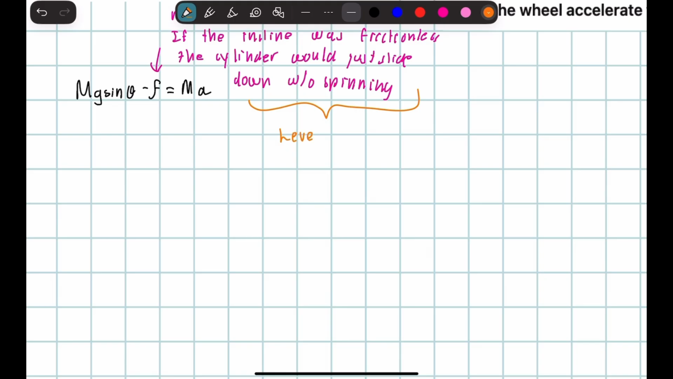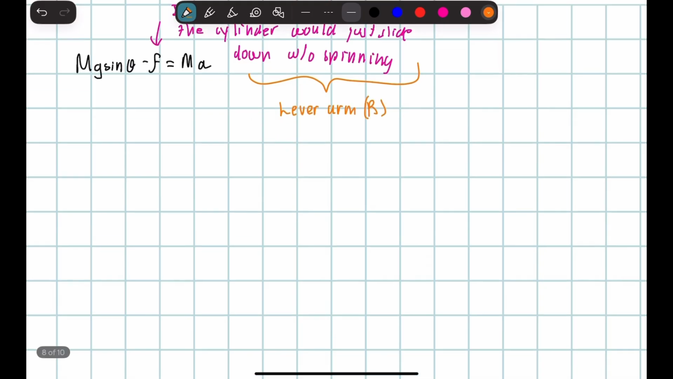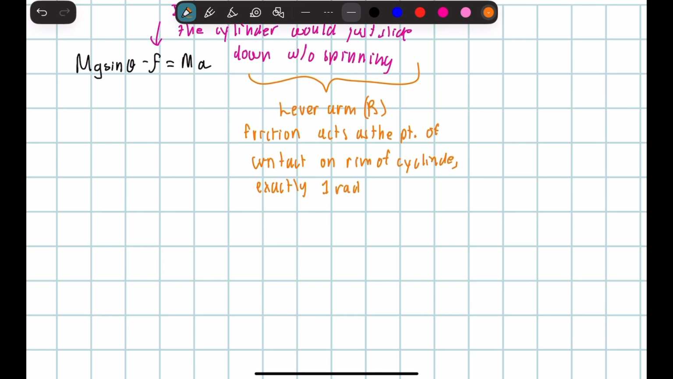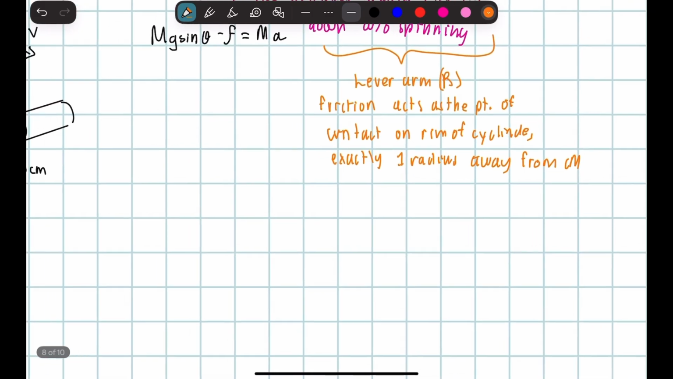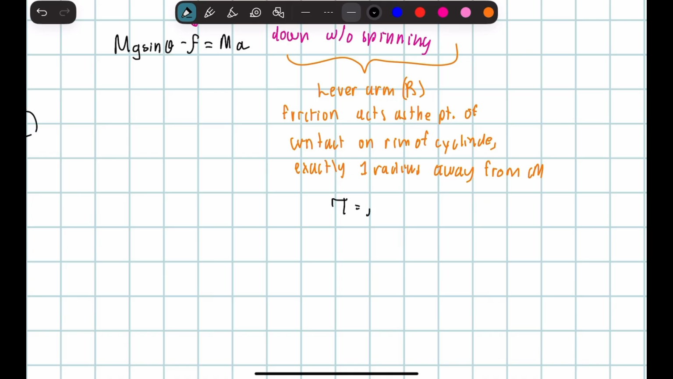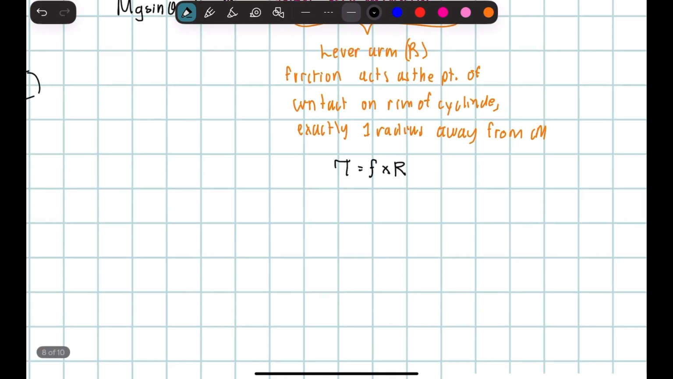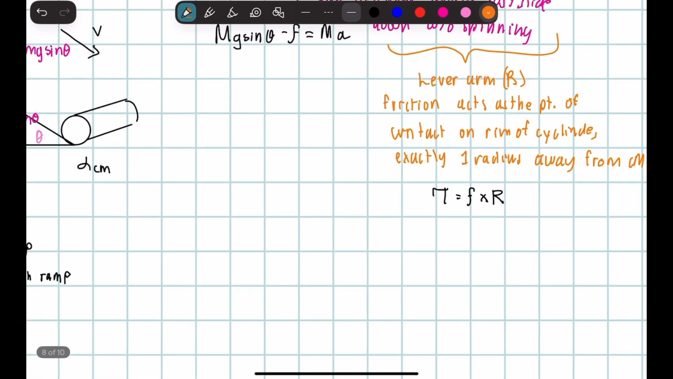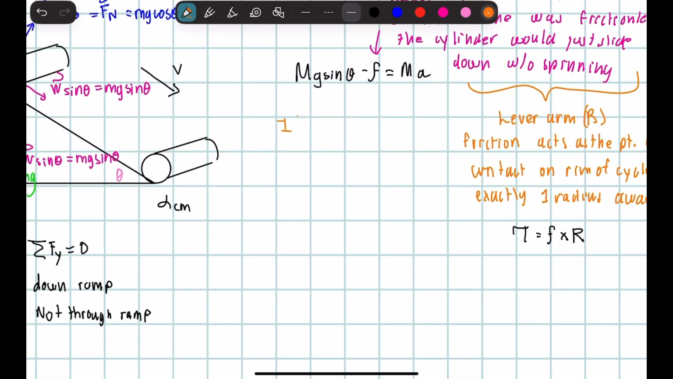Talking about it, it's the lever arm R. And we also know that friction acts at the point of contact on the rim of the cylinder, and this is exactly 1 radius away from the center of mass. So from this, we can deduce that the torque is equal to the force times the radius. And we also know the inertia for a solid cylinder,